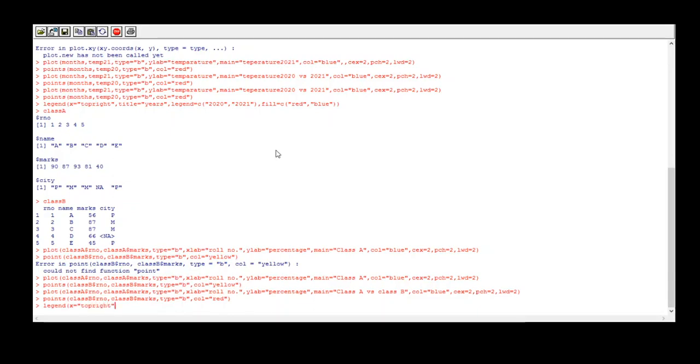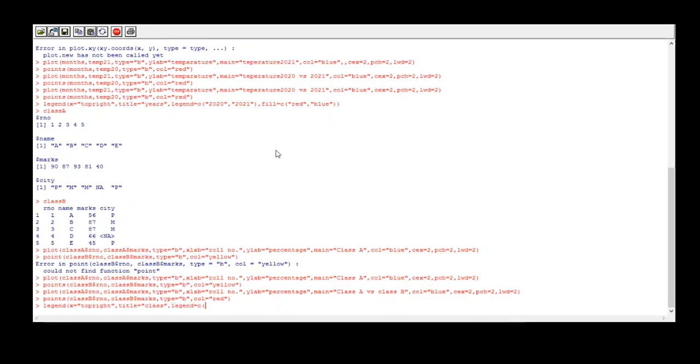If you want it on the left side, then you can use top left. Next is title. So title is class. For example, you can give any title to your legend.